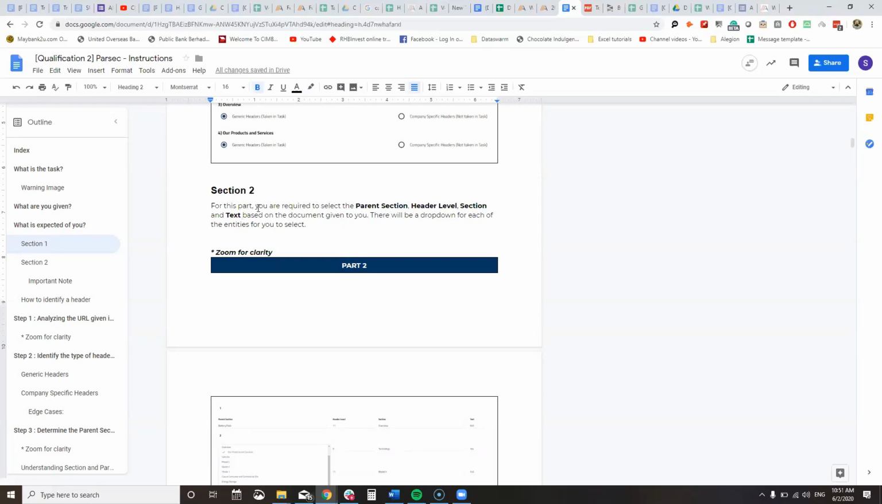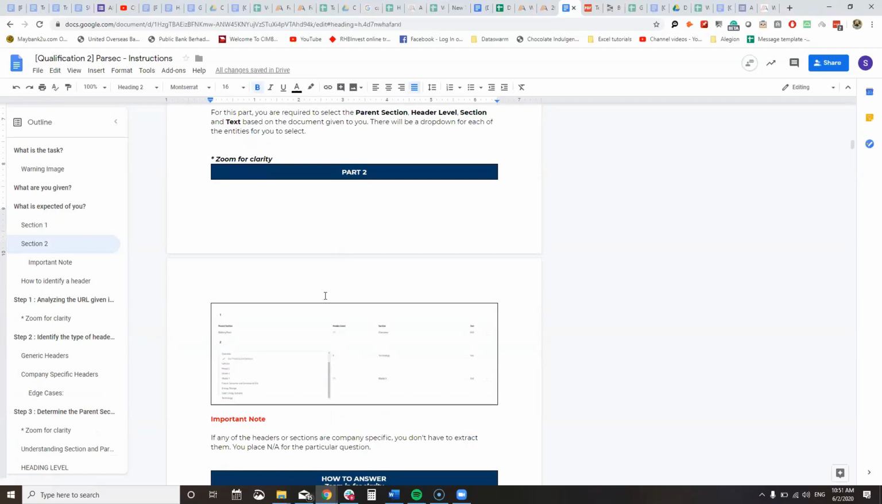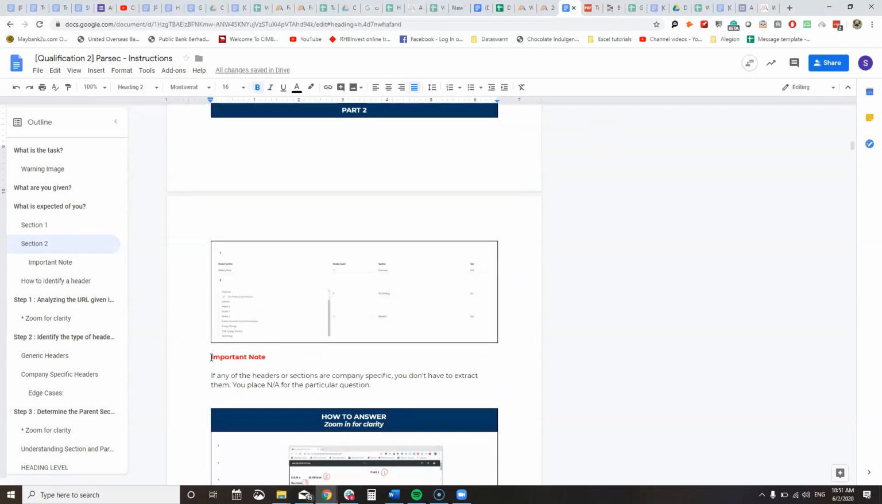It's very important that you make sure you are familiar with the drop downs and the way this task works, because it's important. Okay, now there's an important note also for this. Now, basically,